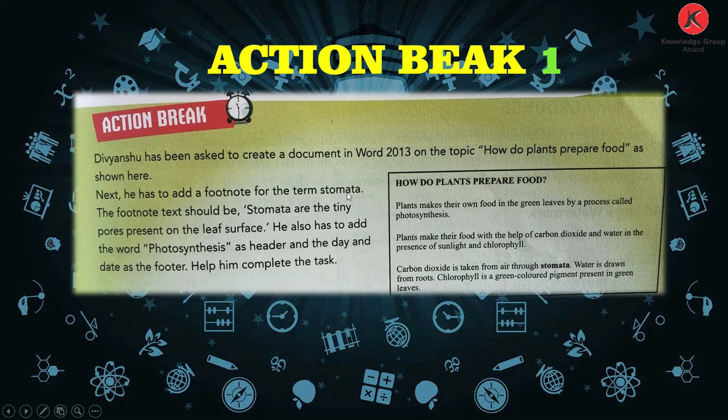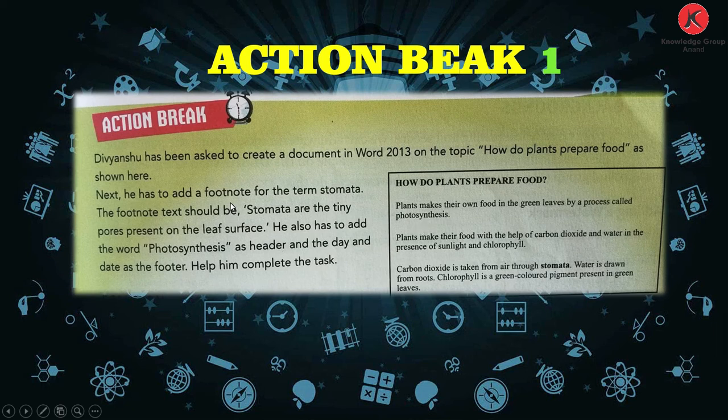The footnote text should be: stomata are the tiny pores present on the leaf surface. He also has to add the word photosynthesis as a header, and the day and the date as the footer. So in this practical, we are going to learn header, footer, and footnotes.